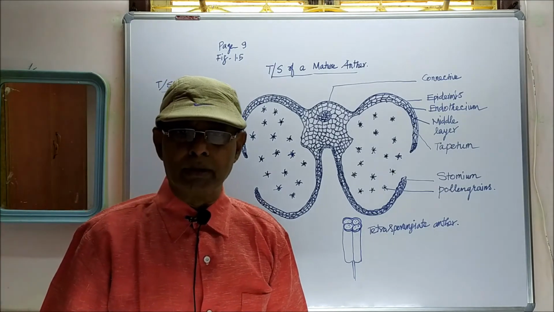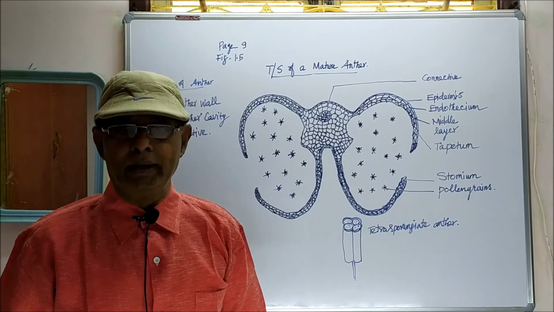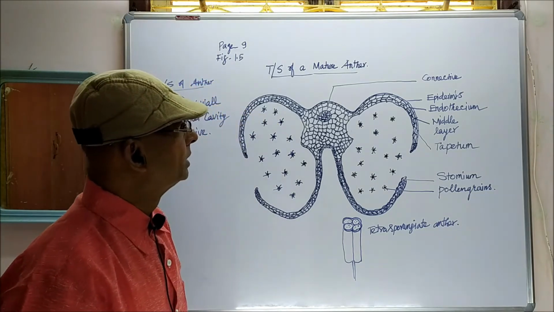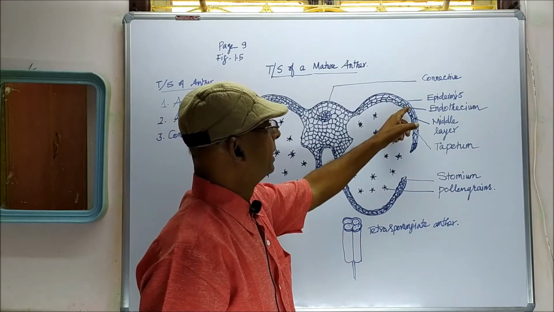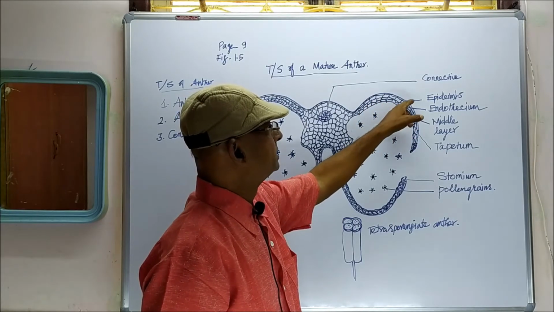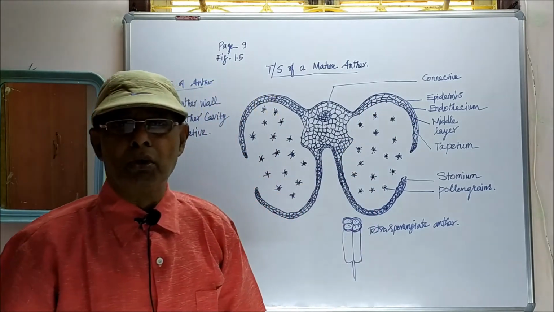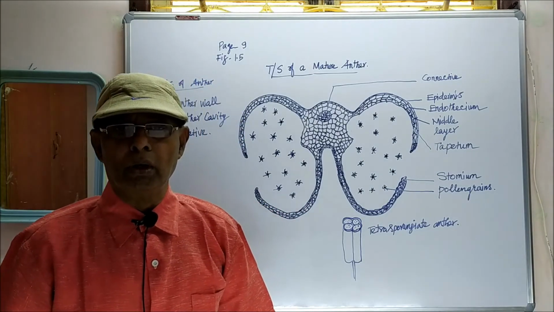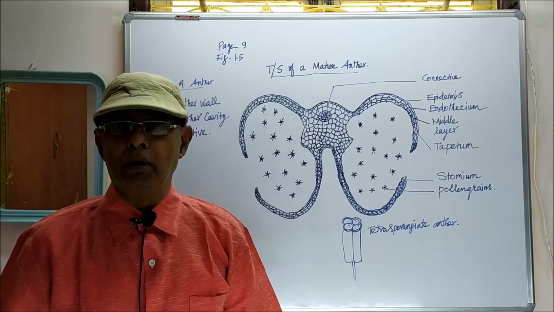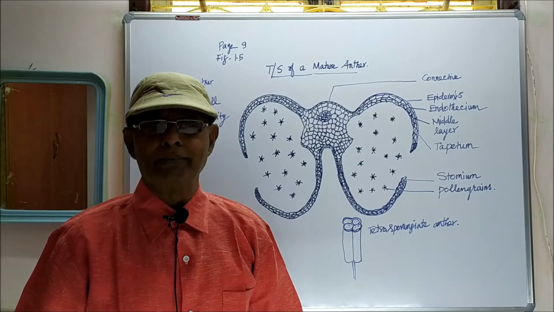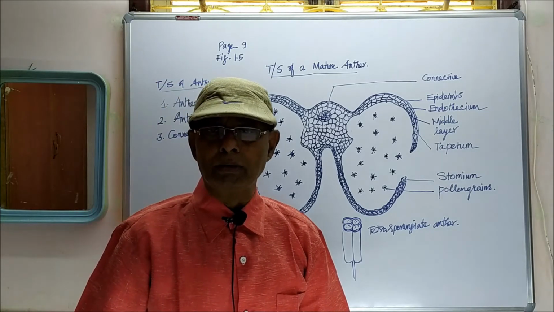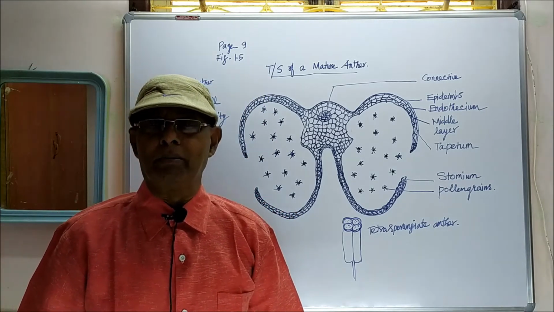The second layer in the wall is the endothecium. It is also a single layered one. It is made of radially elongated cells found just below the epidermis. So what is endothecium? The single layered, radially elongated cells present just below the epidermis are called endothecium. In the endothecium, the inner tangential wall develops a band of cellulose. Sometimes the radial wall also contains cellulosic material.